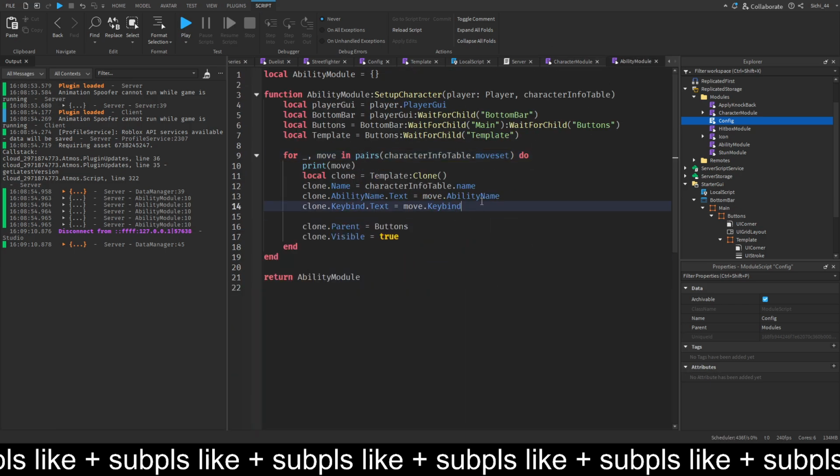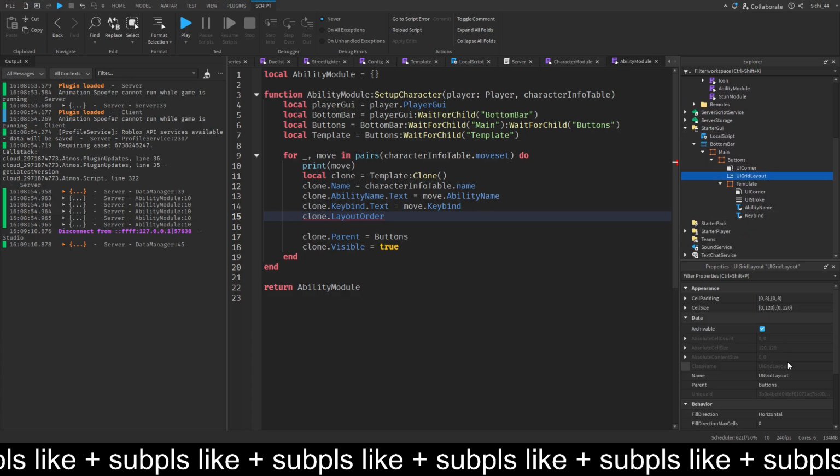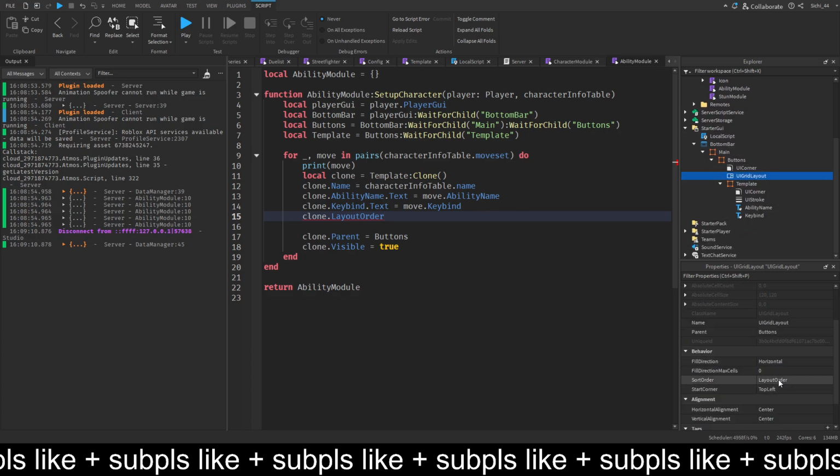We go here and we do clone dot layout order. Where is it? A layout order? Yeah, layout order is equal to, then we just do move dot, what did I say? Yeah, autonom, like this. And then we do